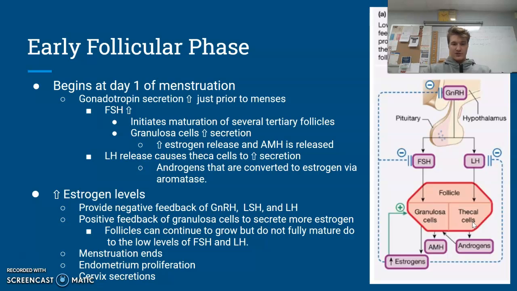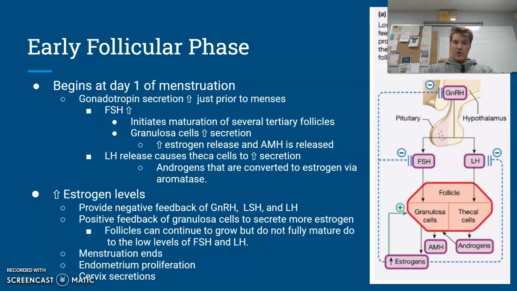We see an increased secretion from them, and they release androgens, which can then be converted via aromatase into estrogen. So we see even more estrogen stimulating granulosa cells, and we see this positive feedback of estrogen. With the increased estrogen levels, I explained that they provide the negative feedback loop to the gonadotropins and gonadotropin-releasing hormone. And then we see the positive feedback of the granulosa cells to secrete more estrogen, so then the follicles